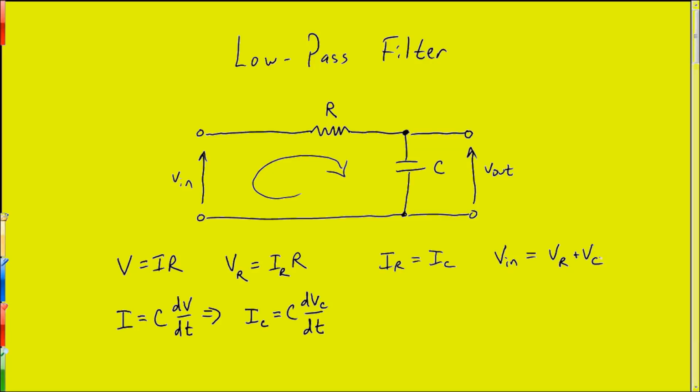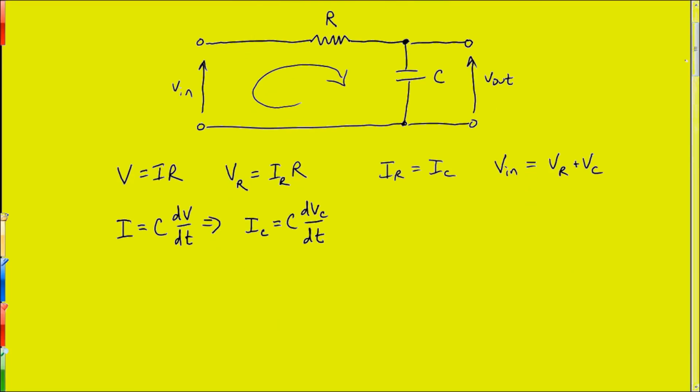So using all of these, we can come up with an equation that models our little RC circuit right here. Setting the two currents equal to each other, that means that V sub R over R, from this equation here, is going to be equal to C times dVc/dt. That's just setting the two currents equal to one another. And then